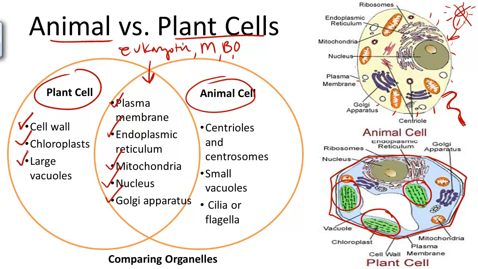And last, plant cells have large vacuoles. You'll notice this large vacuole here in a plant cell, and it's used to store a great deal of water in plant cells. This helps the plant maintain rigidity again and a balance of nutrients. Animal cells only require small vacuoles, conversely. To help the animal cells out with cell division, they have what's called centrioles and centrosomes, and these cells also